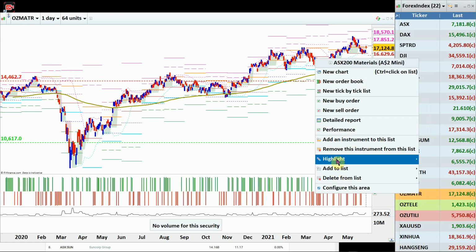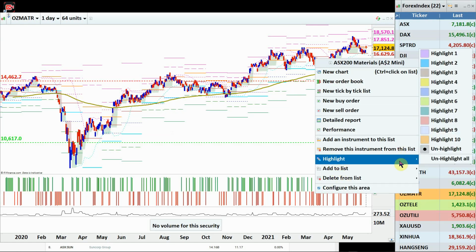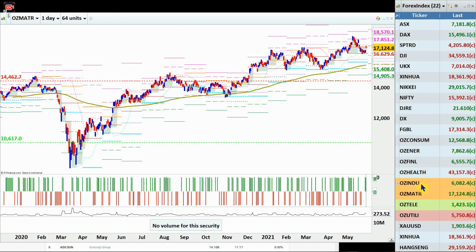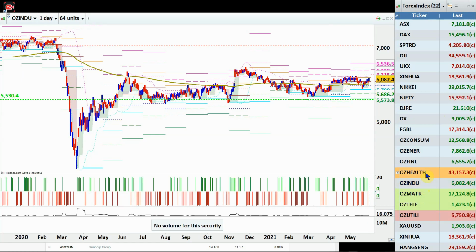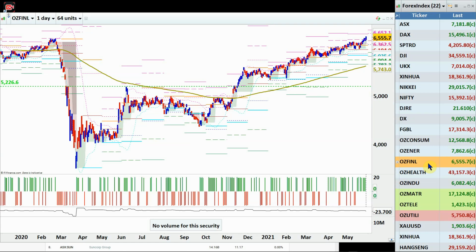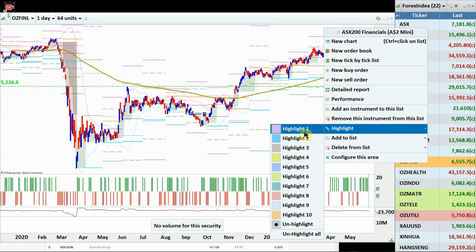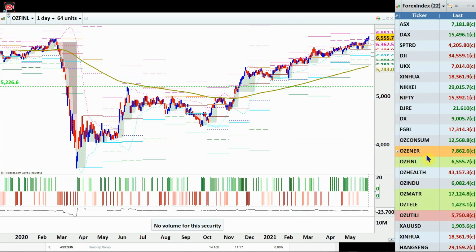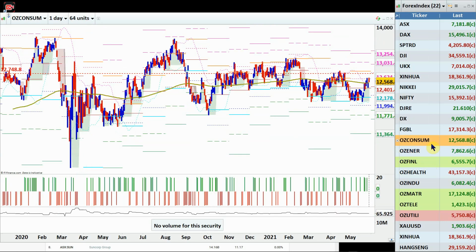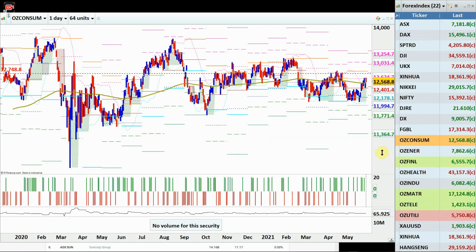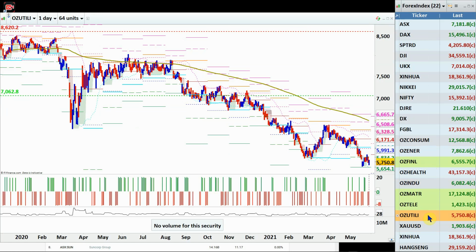So right click, go to highlight, and highlight this in an uptrending color, for example green. Industrial, don't do anything. Health, don't do anything. Financials, you do something, which is green, and energies, nothing. Consumers, nothing. So out of these 8 sectors, in 40 seconds we have got one good sector to go short and 3 good sectors to go long. This is the fundamental aspect which we advise you to look at before you jump.